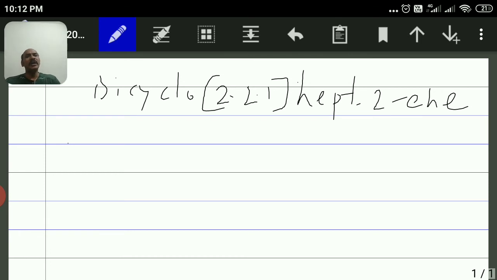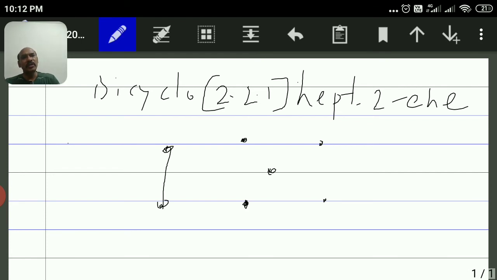So for a bridged ring system, there are more than 2 carbons as common carbons. So here you have to write first 2 dots for the 2 bridgehead carbon atoms. Then see what the values are. Now here there is a value of 2, so that 2 you write to one side. Then the second is again 2, that you write to another side. And then there is a 1, and that is the smallest bridge, that you write somewhere to the left or to the right. Then how to connect those dots together?